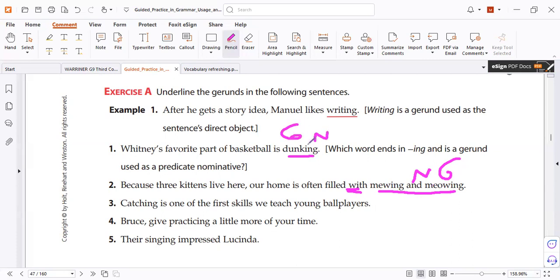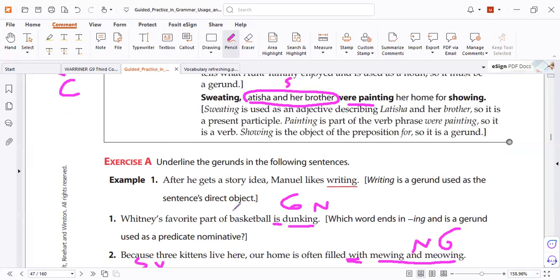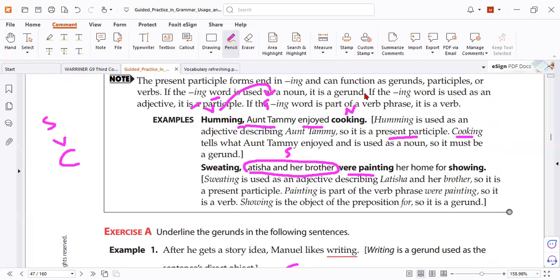Any gerund, but how can I know it? After verb to be, subject, gerund. After verb, gerund. Verb same as noun, subject. That's a gerund. But if I found it followed by a comma, it's a present participle phrase. And the present participle is a verb, not a noun. The verb is done by the subject after the comma.